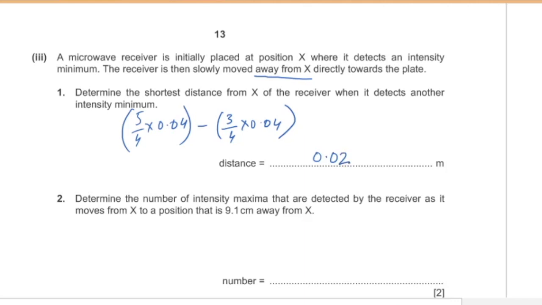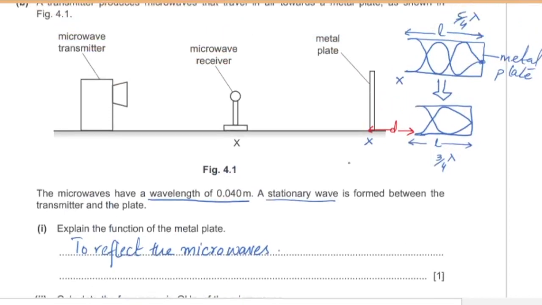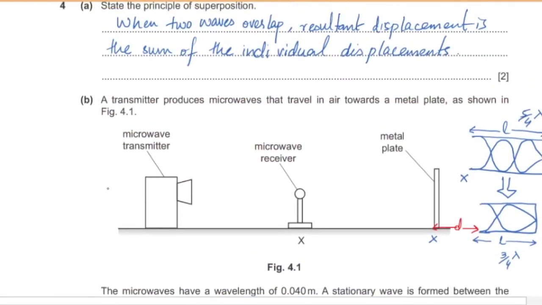Part 2, determine the number of intensity maxima that are detected by the receiver as it moves from X to a position that is 9.1 centimeters away from X. Okay, let's suppose this is position X, and there is a distance of 9.1 centimeters from position X to the microwave receiver that's put here. This is the distance that has already been given to you, 9.1 centimeters. Now you have to find how many intensity maxima were detected by